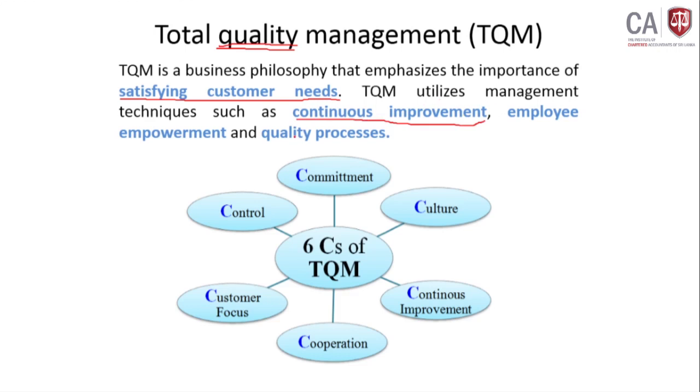Let's say in the question paper, if they ask, the TQM utilizes some management techniques, following are the examples. What are those? Continuous improvement, employee empowerment, quality process. Normally, this empowerment thing will not be happening in most of the countries, because you have to empower the employees. I have seen that some of the managers, they are not empowering their subordinates. Always the manager is trying to poke their fingers into their work and try to do it with them.